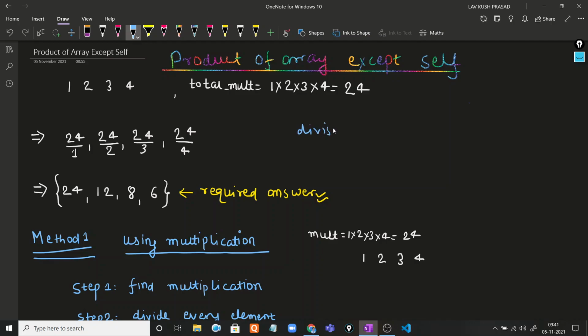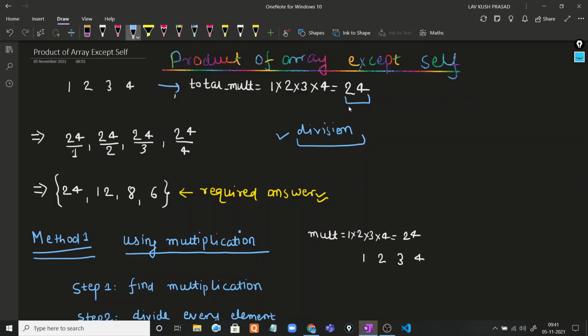In this case, first of all, we find the total multiplication value: 1, 2, 3 and 4, so it gives 24.